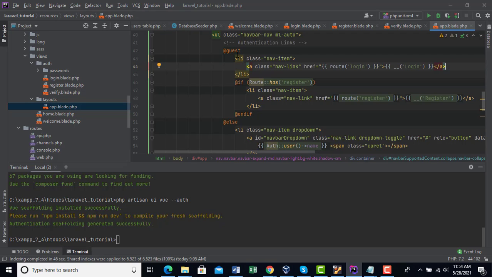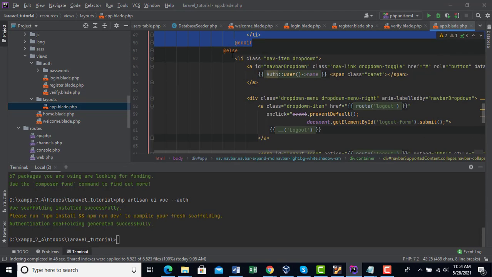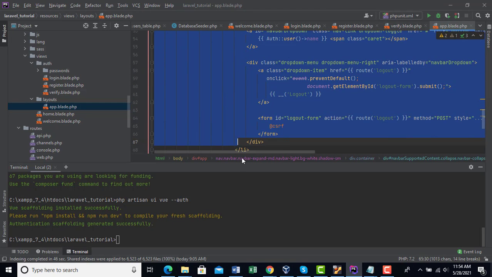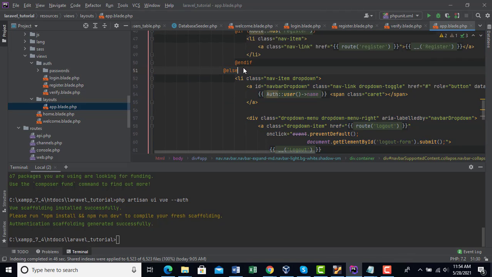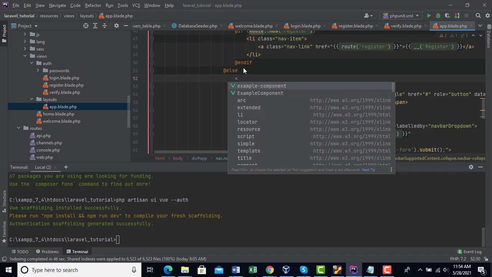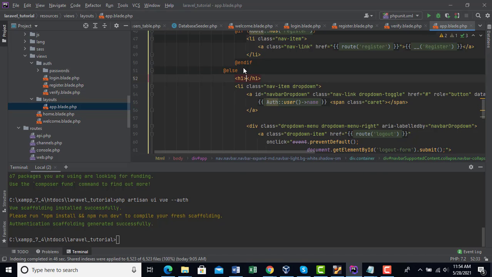This is for guest. Inside guest, this is for when someone is logged in. This code will show if someone is logged in. Then I can add something here. It's like this.